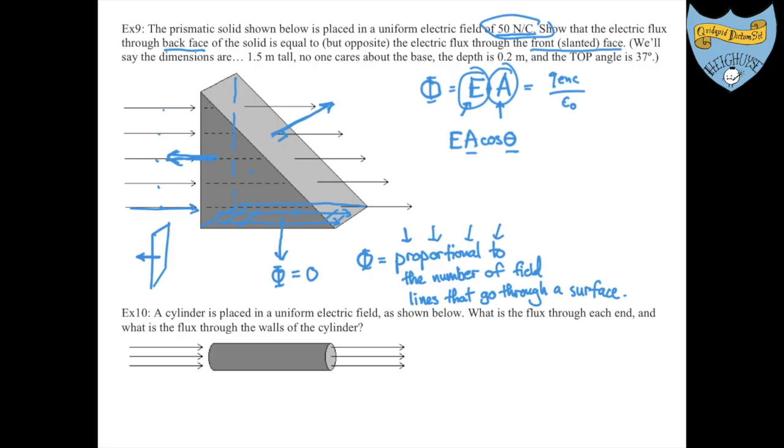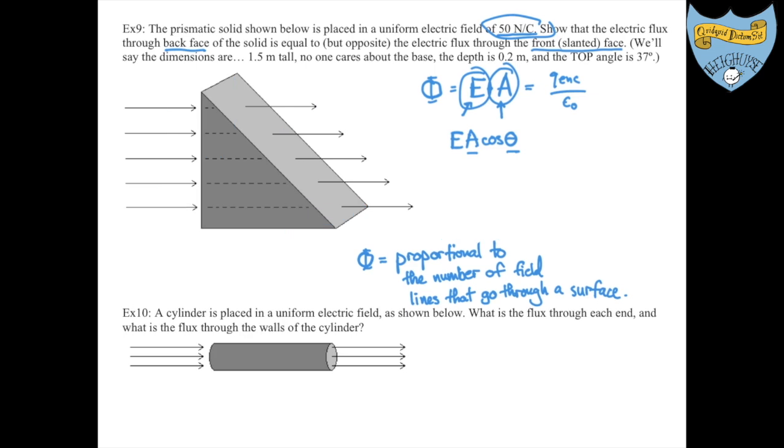Now, to get the flux through each of those sides, all you would really need to do is this. The flux through the back face would be 50 newtons per coulomb times the surface area. Let's see, it says that it's 1.5 meters tall and 0.2 meters deep, meaning that's this dimension. 0.2 by 1.5, and the field is 50, so there you are, whatever 50 times 0.2 times 1.5 is, times cosine of,